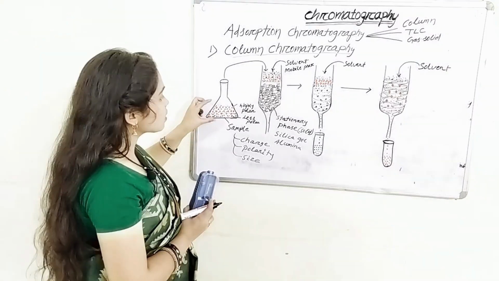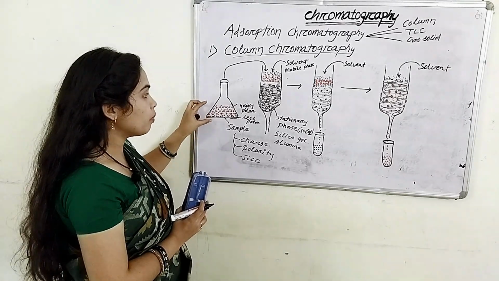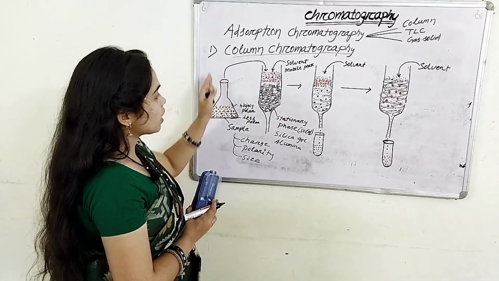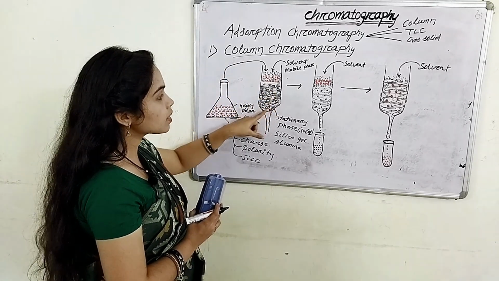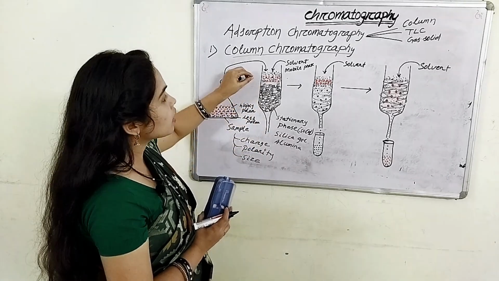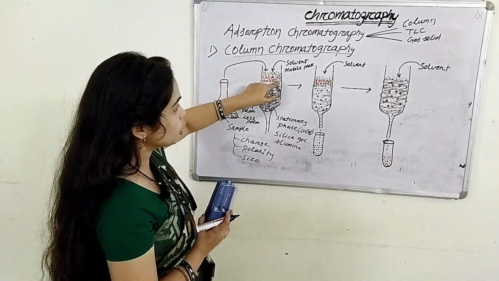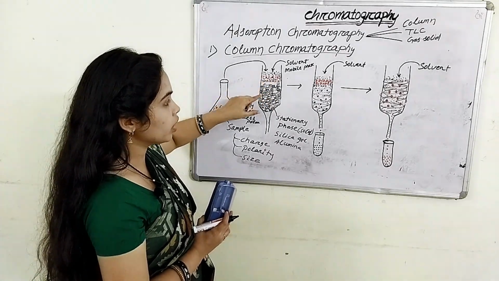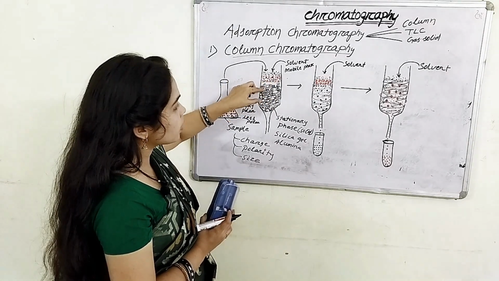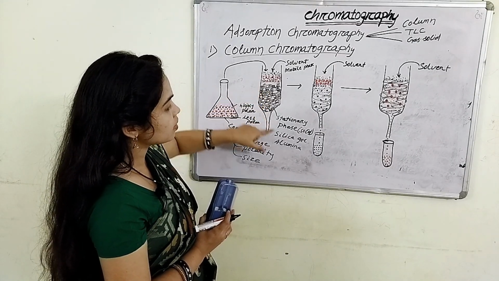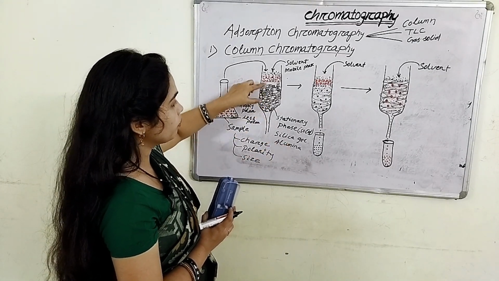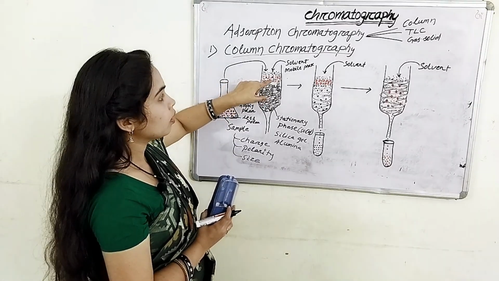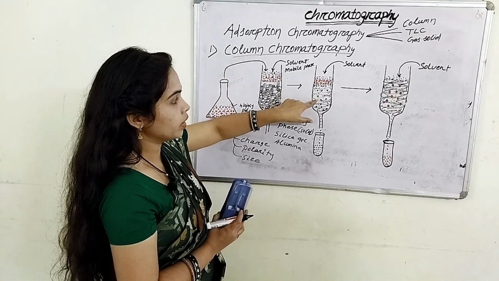When this mixture of chemical compounds go through this column, means when we are injecting these samples in this packed column, the large molecule, means this red color molecules, due to its high polarity, it is getting absorbed in this packed silica gel or this packed medium, and this blue molecule, due to its less polarity, it